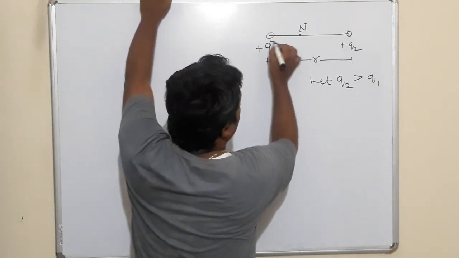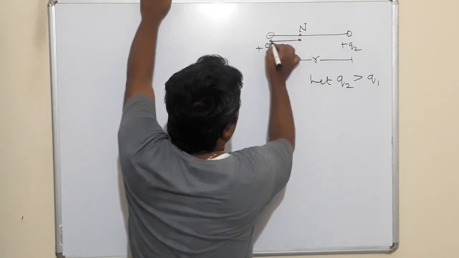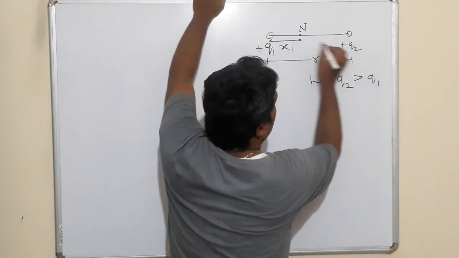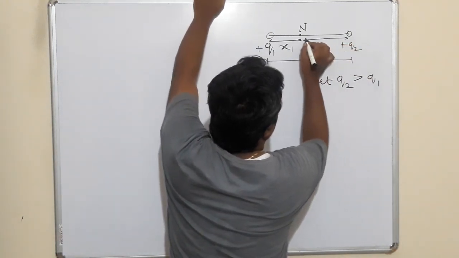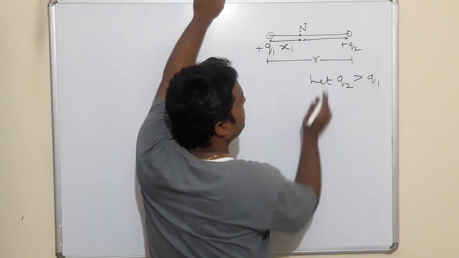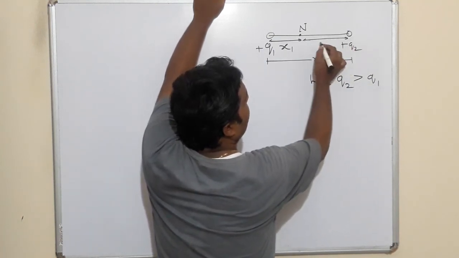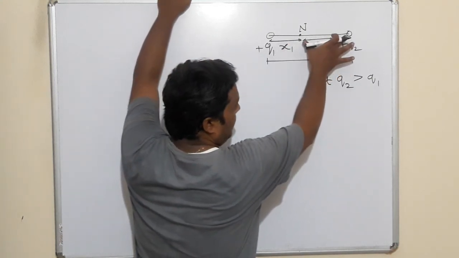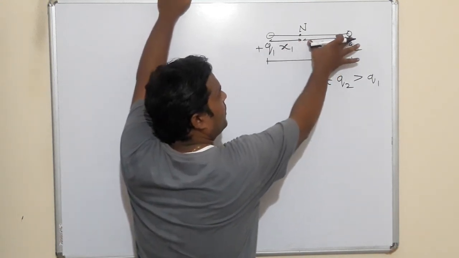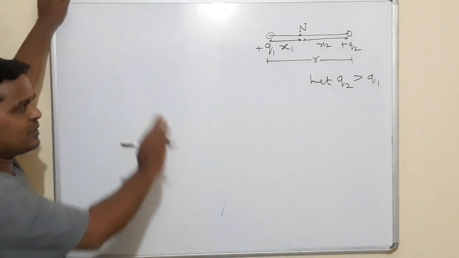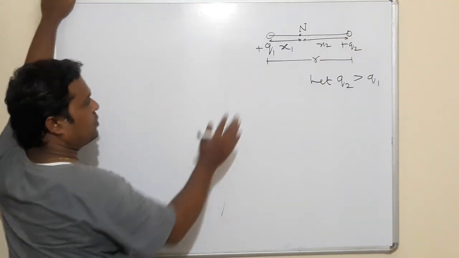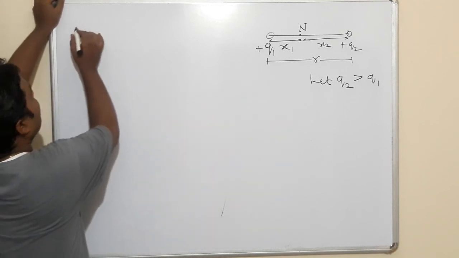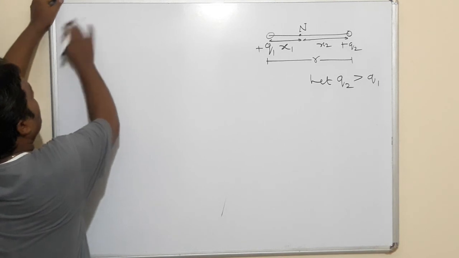Let us suppose the distance of the neutral point from Q1 is x1 and the neutral point from this charge is x2, or else you can take it as x here. If you take x here, it will be r minus x. Just for comparing, I am taking x1 and x2. In the calculations, what we should do, see, at the neutral point,